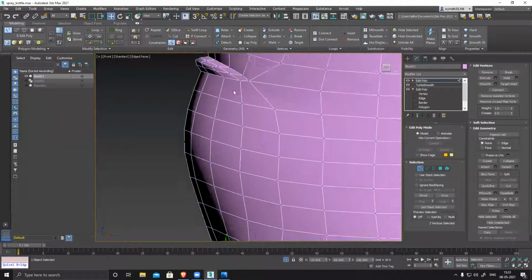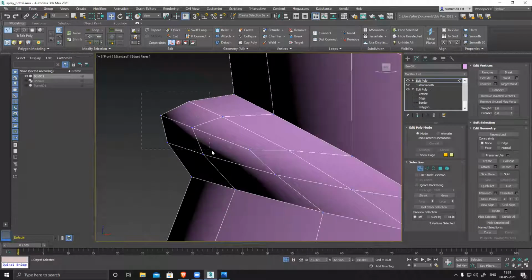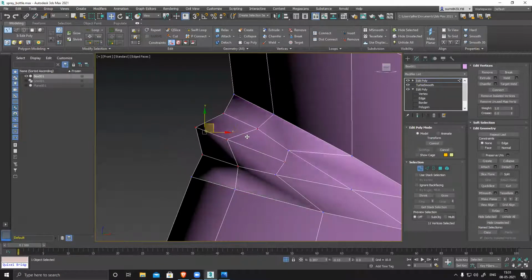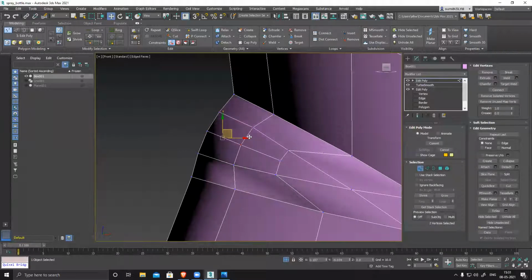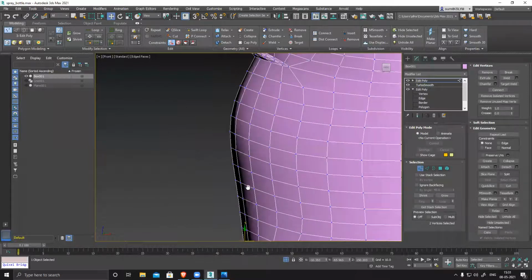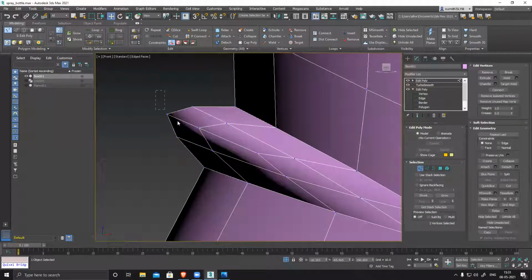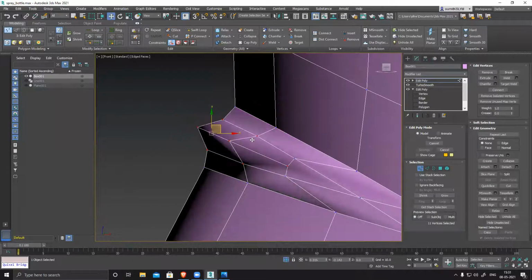So you'll have this separate pinch, and this also. Select this and this together and push it inside.